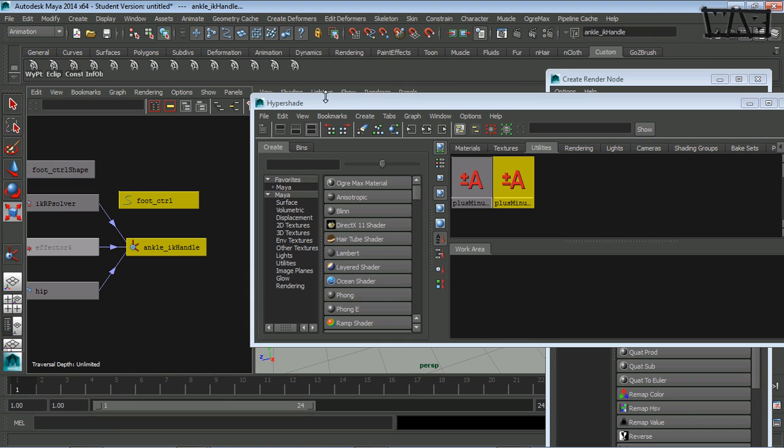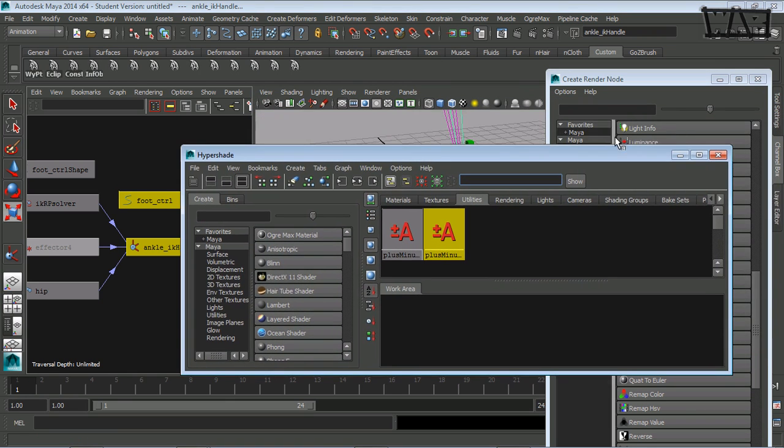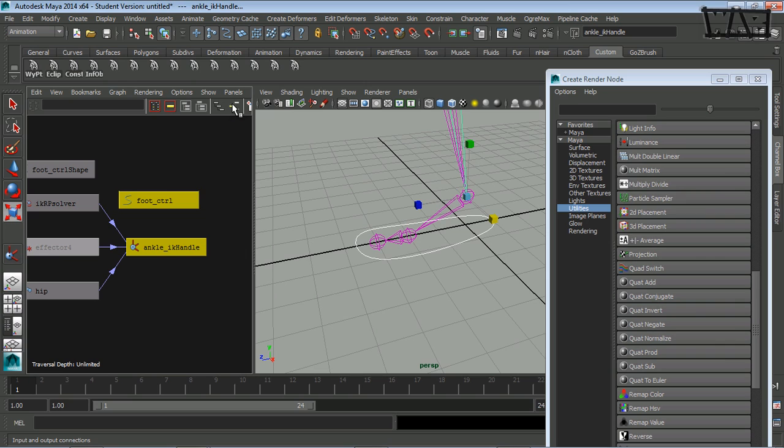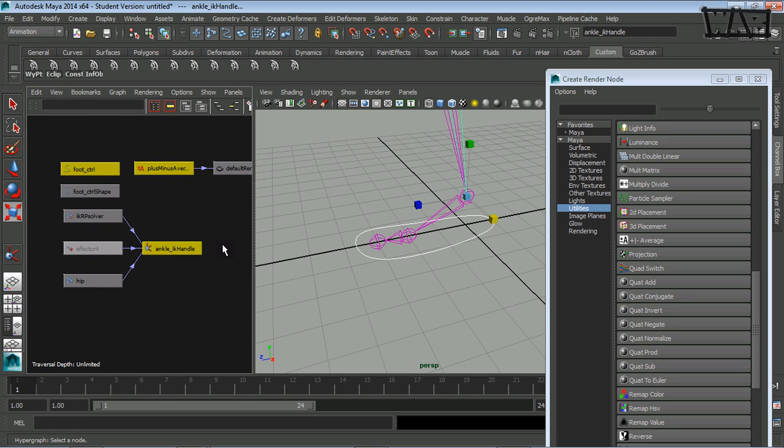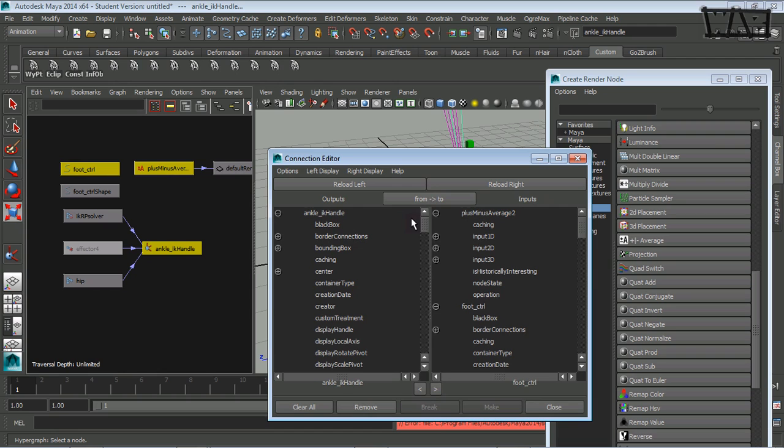Then I'm going to click this button here, the input and output connections button, to reload the graph. Okay, so now inside the graph I need to shift middle mouse click on foot control and drag to the plus/minus average. And I'm going to connect the knee attribute that I created